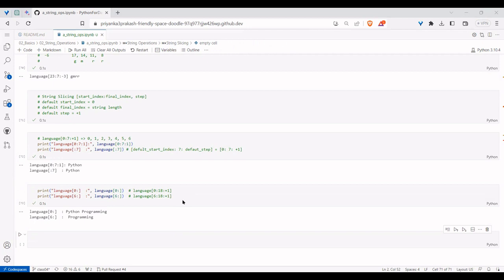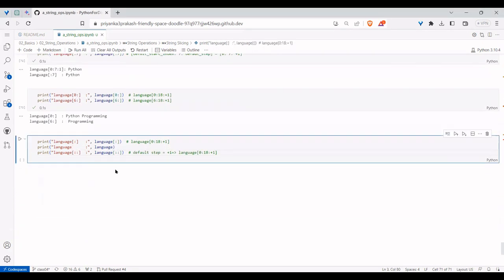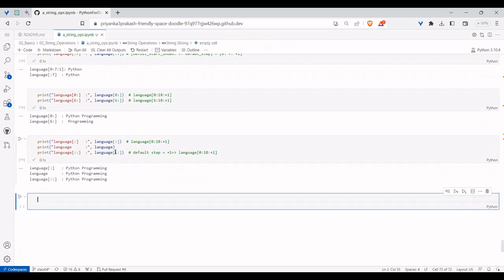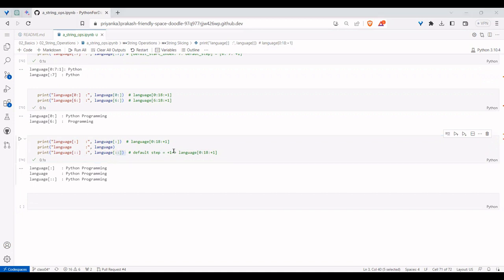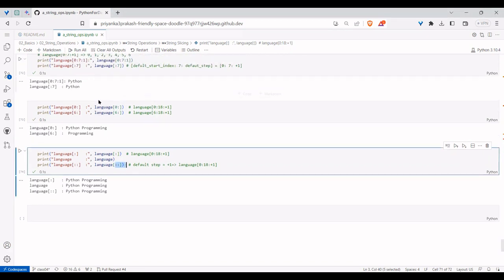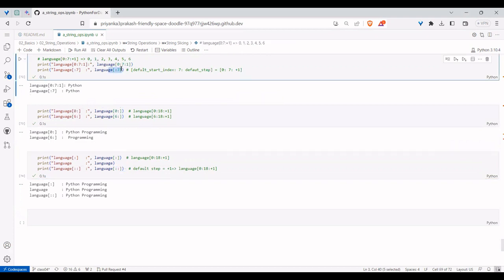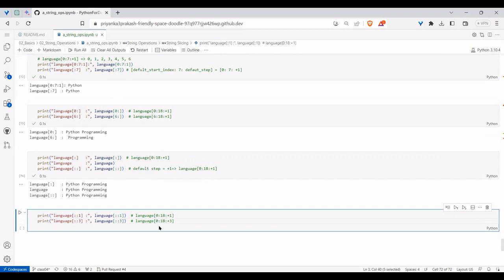To understand that, we have one more syntax. It can take a colon. If you just give a colon, all are defaults. Or if you give two colons, all are defaults. When you give two colons, you are telling that even the step is default. Of course, whether you define it or not, it makes no difference. But I will tell you a short difference. When you want to mention the last value, if you just give one colon, it will do that. If I give two colons, then it will be treated like the step.